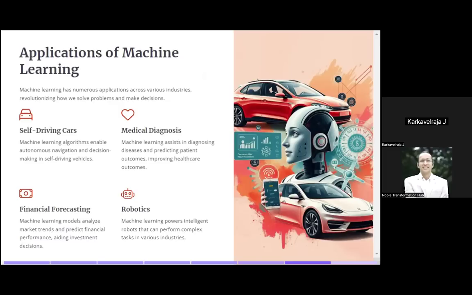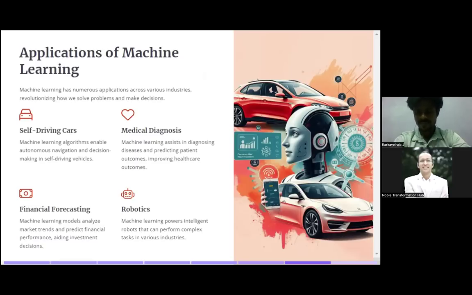Wherever there is data, and if you can clean and pre-process that data, build models and use machine learning algorithms in any field, any industry, you can use machine learning everywhere. The criteria is: can you get the data, can you have good data, and can you clean it, pre-process it, and create models? If you can do that, you can use machine learning in any field.